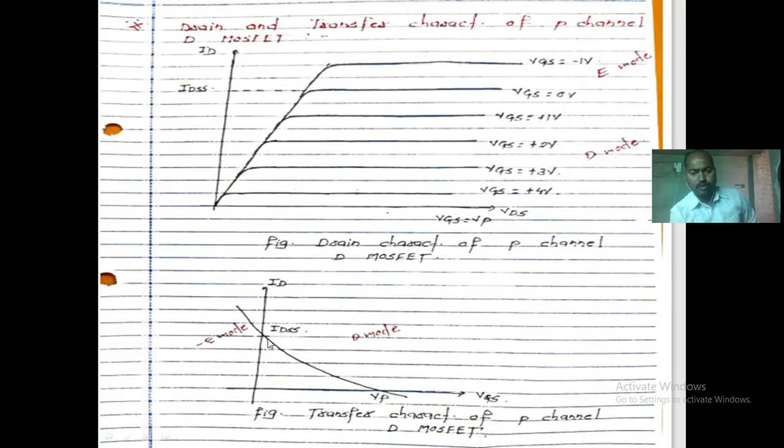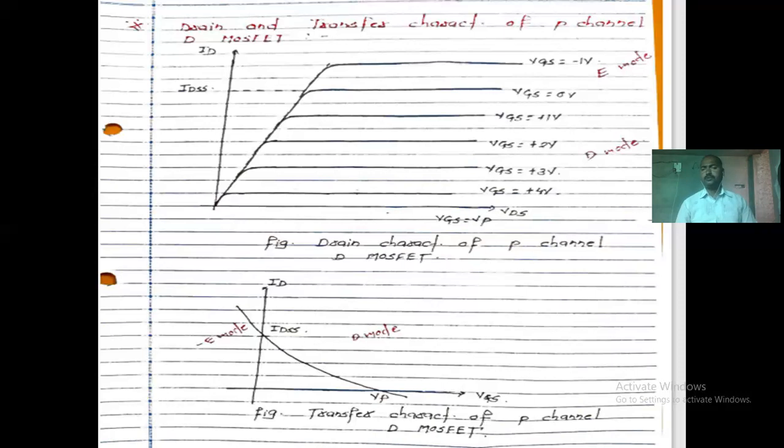As we go to positive voltage, see, here a positive voltage is applied across your gate to source. It causes a smaller amount of current to flow through the device. As more positive voltage is applied, in that case zero drain current flows through the device, right? So what it indicates is that this characteristic is exactly opposite to the n channel characteristic